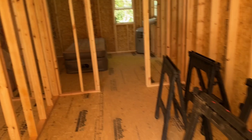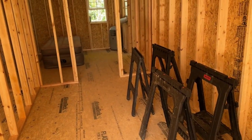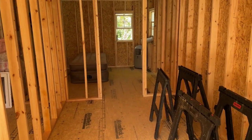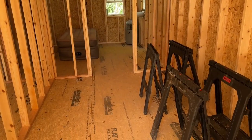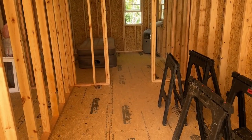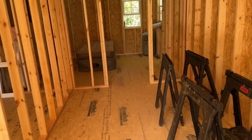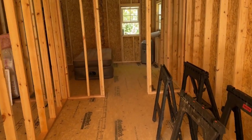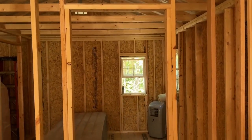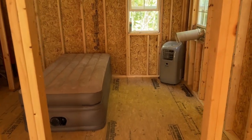This, where these sawhorses are, is going to be the kitchen, a galley kitchen with a counter and cabinets on both sides and refrigerator and stove. That winds up being about 8 by 8 for the galley kitchen, which isn't too bad. Then you walk on back, you come through the kitchen, and I'm framing in this door. It's going to be a 30-inch door as well. Walking into the bedroom,